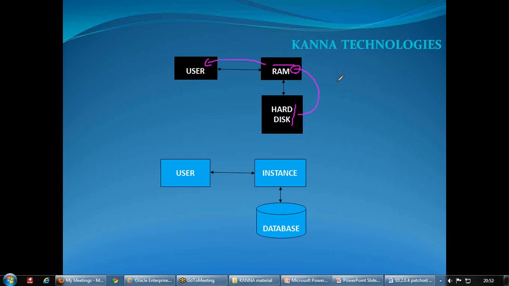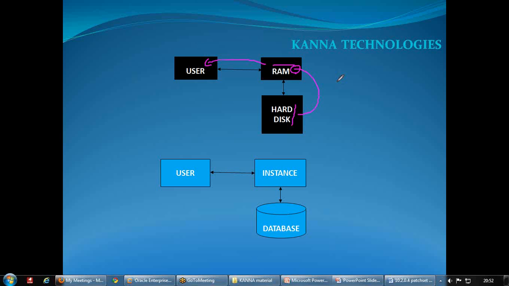So the first question we have seen is why to maintain a copy, and the second question is what happens if the data size is more than RAM size, and the answer is swapping is going to take place. And as I said, swapping is a bad thing that happens to the operating system. So we should avoid swapping as much as possible, and that is possible only by increasing the RAM size. And the third question that we have is